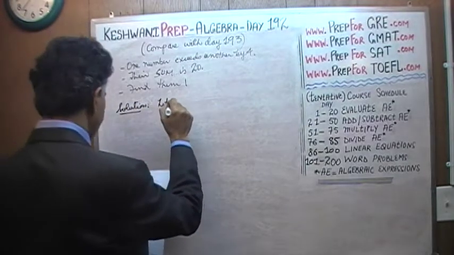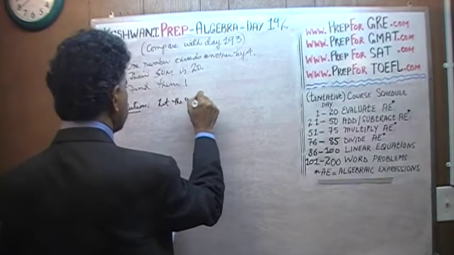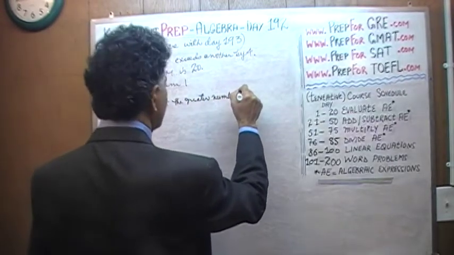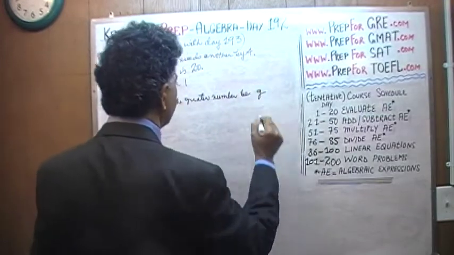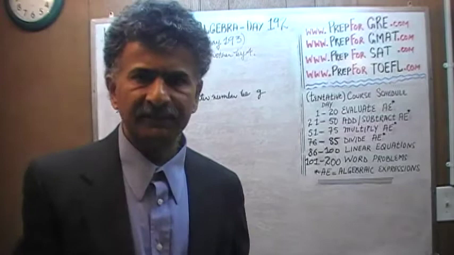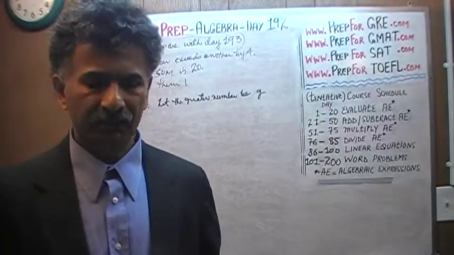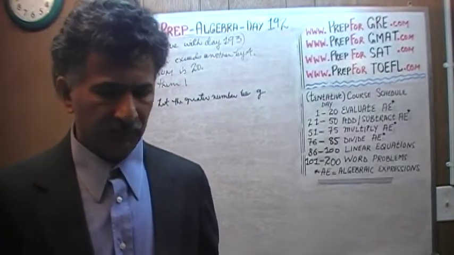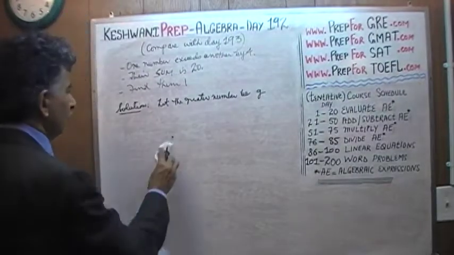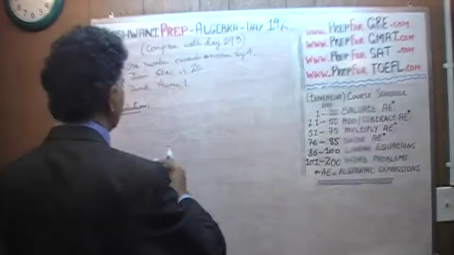Let the greater number be G. Usually I do not put it like this. That sounds very geeky to me, very academic, very formal, very conservative. Instead of saying let the greater number be G, usually I have a habit of saying,